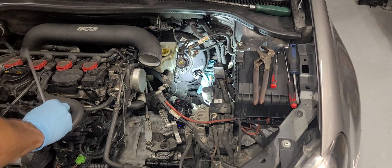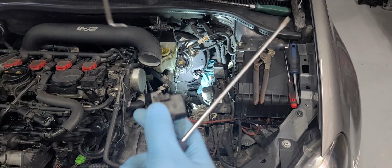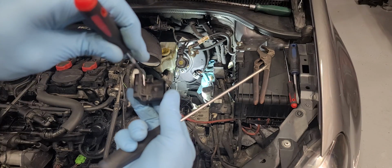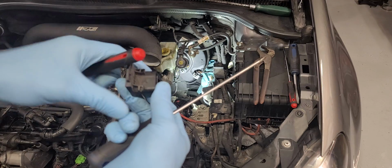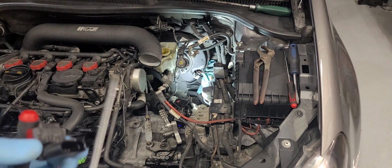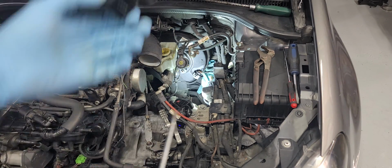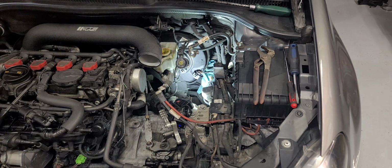And then with that, what I found is my connector was stuck a little bit, but I basically just took a pick and came in here underneath the little tab, and that released the connector, so then I could force the connector off. But there's no reason to take apart the interior of the vehicle or remove the whole entire clutch assembly. You can do this all pretty much from the engine bay. There is a little clip